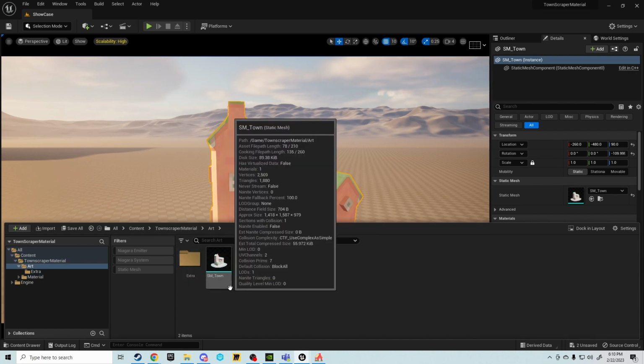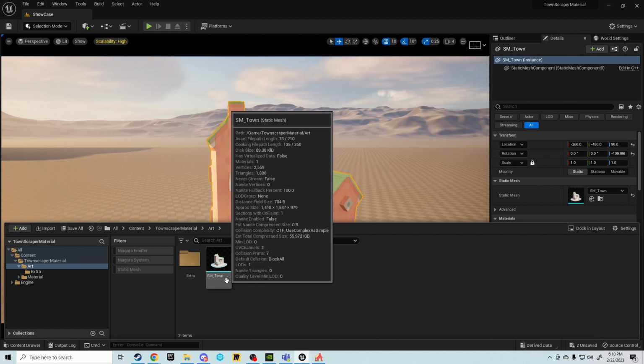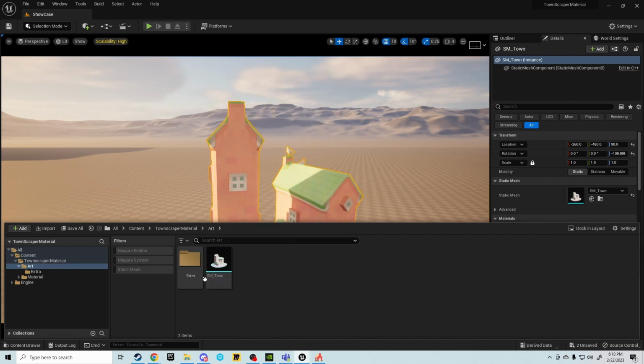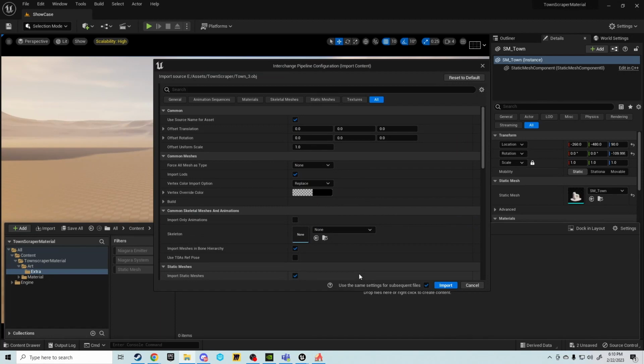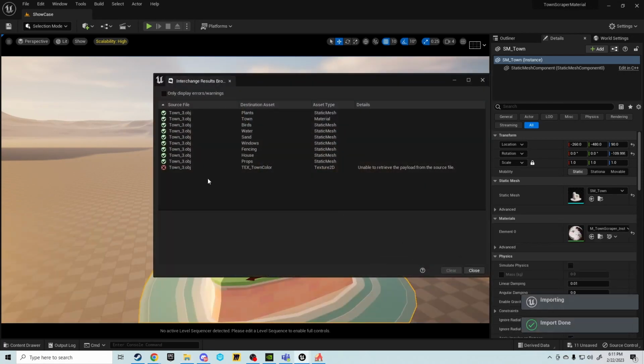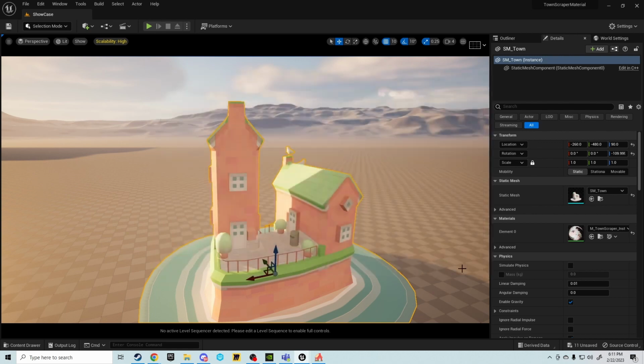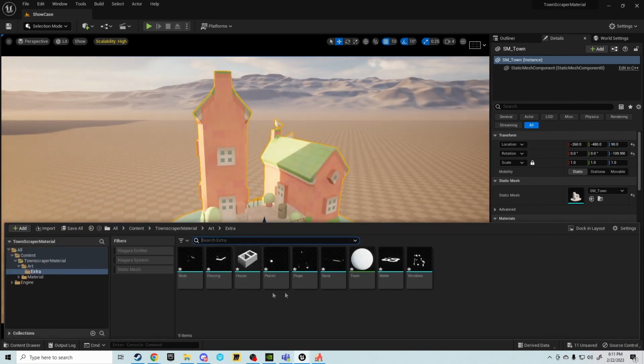In this case, only the SM town that is just ready for the game, and we're gonna now import a different town that I just showed you. So it's just town_free. It's over here. When you import it, yeah, you will probably also have this error with the texture. We don't need it, so don't worry about it. Doesn't matter. And all we have to do now is just select all the assets that we want to prepare